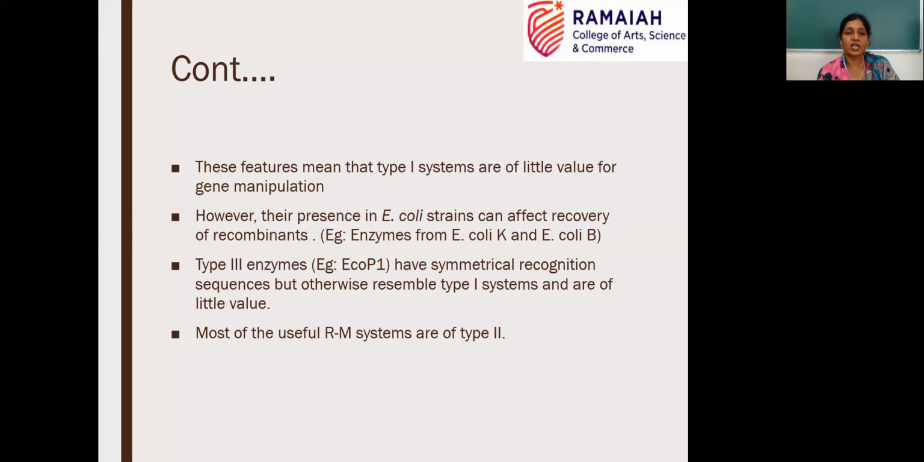What are the other features? They require the cofactors like ATP and SAM, S-adenosyl methionine, and also the cleavage takes place away from the recognition sequence and it does not produce the fragments of defined length, which is why these are not found to be very useful in DNA cloning. That is why most of the useful restriction modification systems are of type 2 restriction enzymes. So in common, wherever it is,